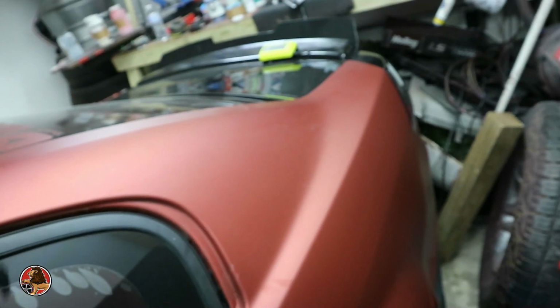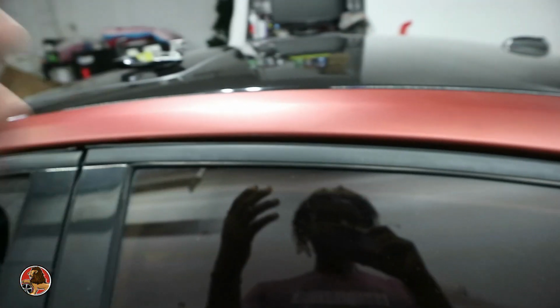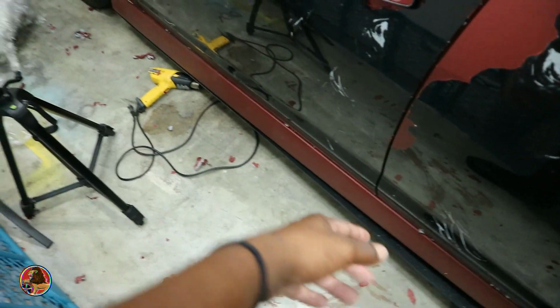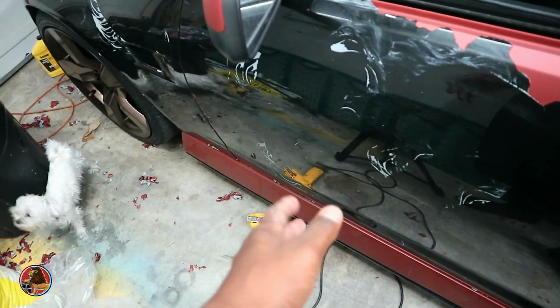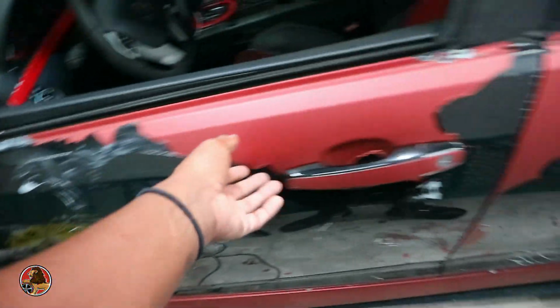The rear bumper, taking all the stuff off of there. The bumper is 2 pieces, so that should come off pretty easy. And once I'm done with that, I have to do these side skirts, but I'm gonna leave those very, very, very last, to be honest with you, because I'm gonna go around taking off the little itty bitty pieces and leave that last. Once I'm done with that,